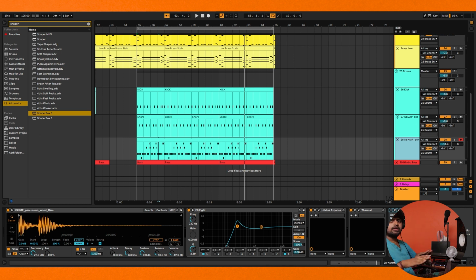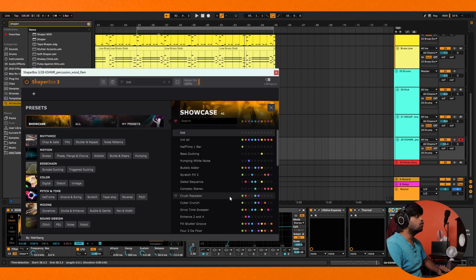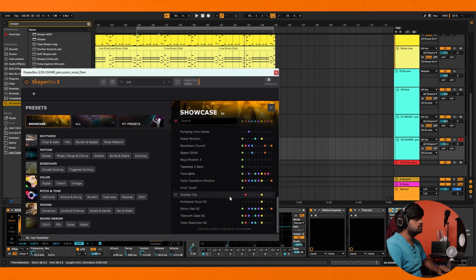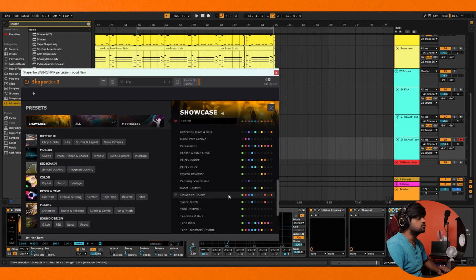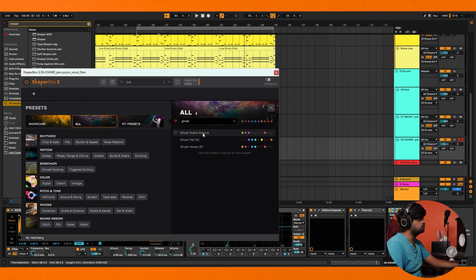So what we are doing right now is adding percussions, right? And one way of doing it is keep on adding other layers to generate more percussions. But I'm going to show you one more way to do it, which is using one of the ShaperBox presets, which is going to add a ghost snare note, or more than one ghost snare note. The preset is called Ghost Snare Groove. This is the preset. So if you load up this preset,